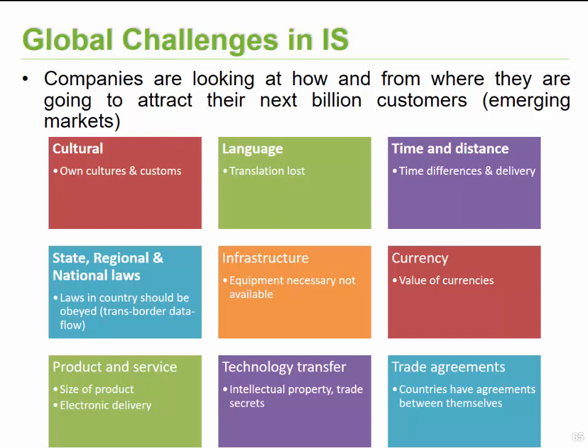Are you allowed to sell what you generate in one country and perhaps send it to another country? Would there perhaps be certain secrets that you're going to reveal that you don't need to do so? And then the last one, having trade agreements, where countries have agreements between themselves. We have examples of this, the EU, the BRICS, all of those different types, where there are specific arrangements between companies for them to conduct business with each other. And these are some of the global issues that we need to perhaps keep in mind in order to conduct global business.